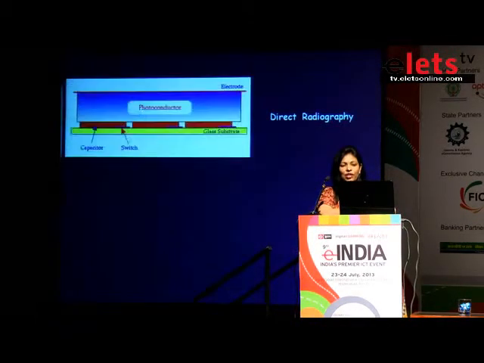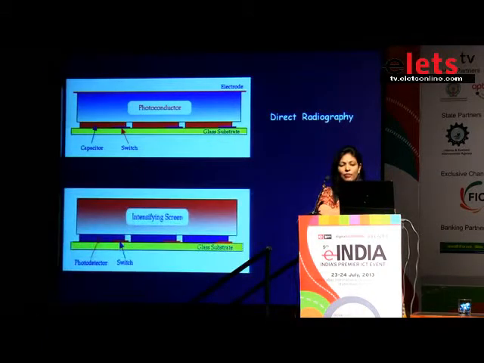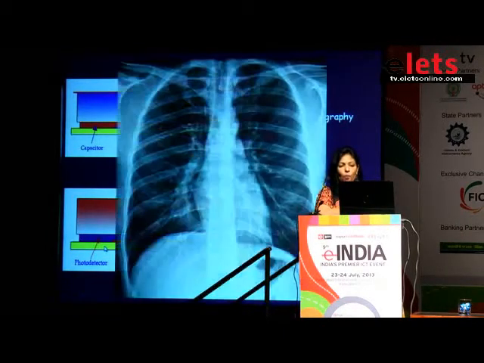So you have direct radiography, wherein you have photoconductors which capture the X-rays after they come out of the patient and then form a latent image. And then you have the indirect system too, which has an intensifying screen with photostimulable phosphor. So a latent image is formed in the form of light, which is later converted into an electric form of that image, and that's how your final image would look.